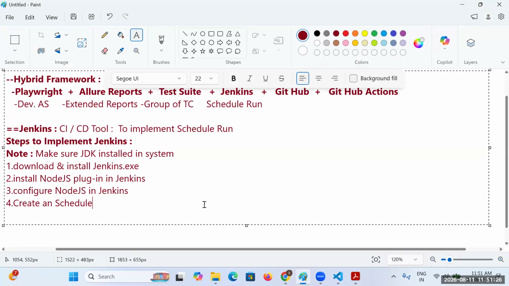That is, you have to create a schedule. So finally, we have to create a schedule. Let's see how exactly we can create a schedule. Be a little bit more careful in creating the schedules here. Let's see how exactly we can create that schedule.